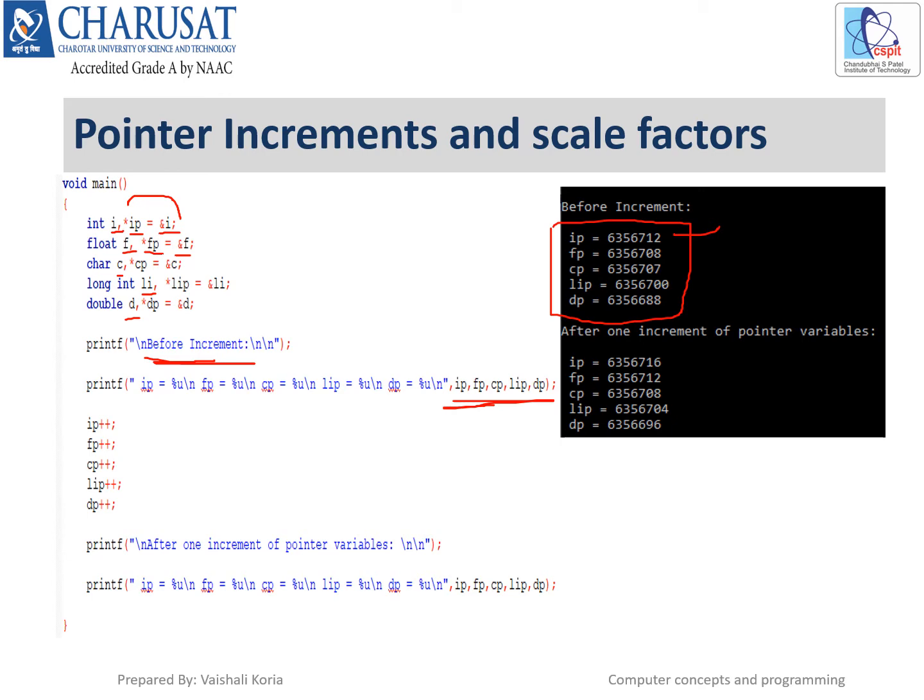So these are the values printed here. Now we are incrementing each pointer variable by 1. We have written IP plus plus, FP plus plus, meaning we are just incrementing it by 1. So after one increment of the pointer variables, if we see the values of these variables, you can just see here